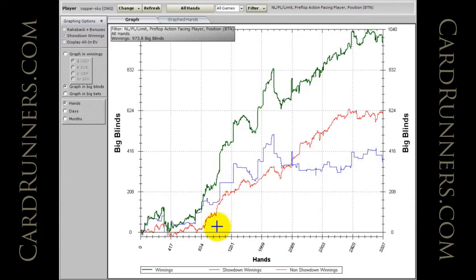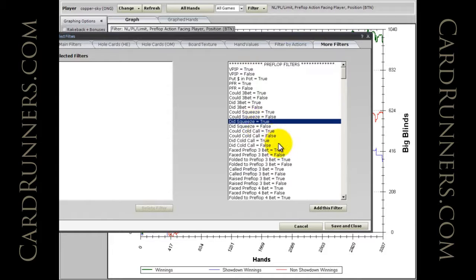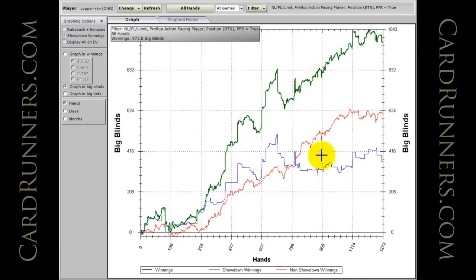And yeah, so our non-showdown winnings are definitely going up. Our showdown winnings are going up as well, as is to be expected. But let's take a look at what happens when we raise. So PFR equals true. It's not going to be much different, but it looks like we're only up